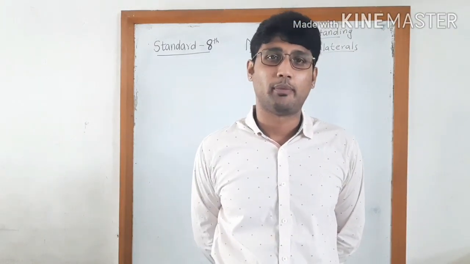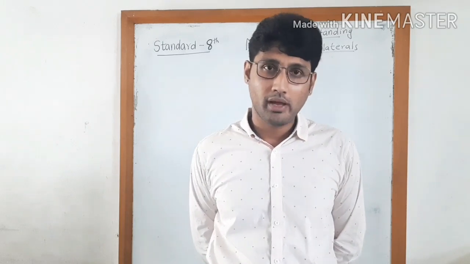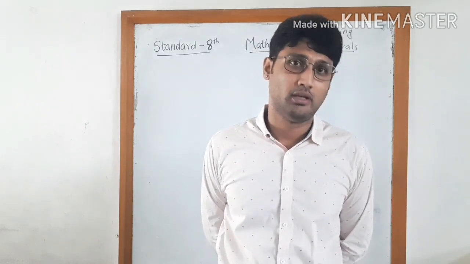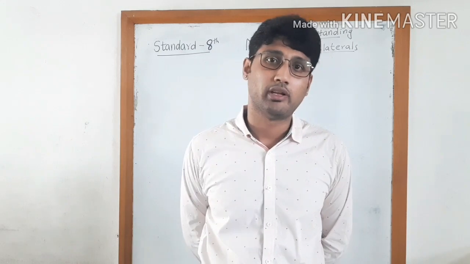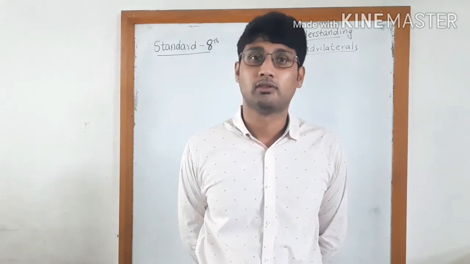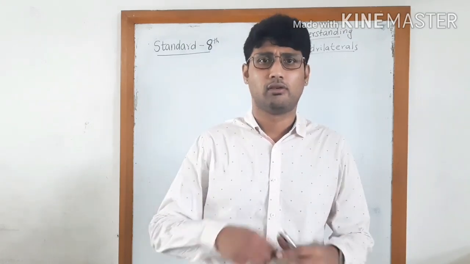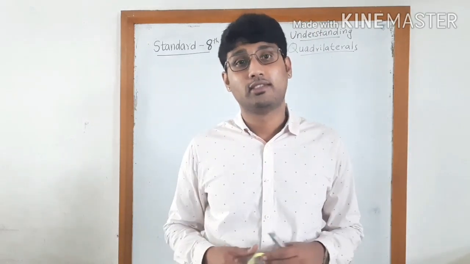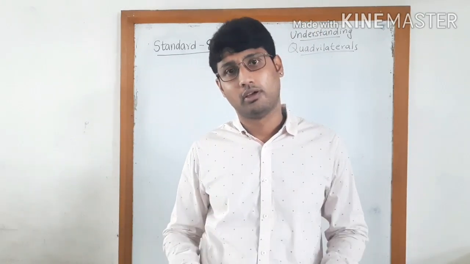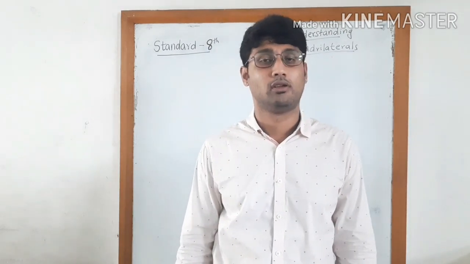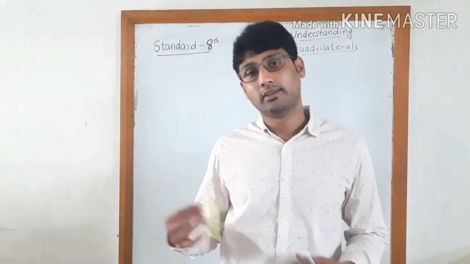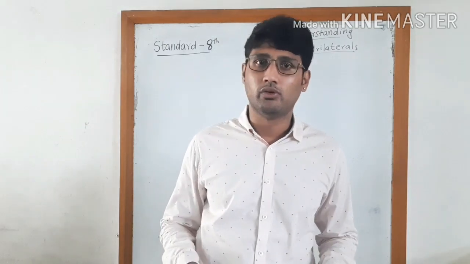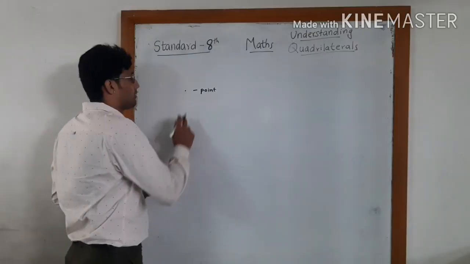We have completed chapter 1 and chapter 2, and today we will be moving to the next chapter, which is called understanding quadrilaterals. When you think of the word geometry, you think of triangles, squares, rectangles, constructions, creating parallel lines, creating perpendicular lines. All these shapes and sizes are a part of geometry. And today let us revise certain things which we already know from our previous classes.